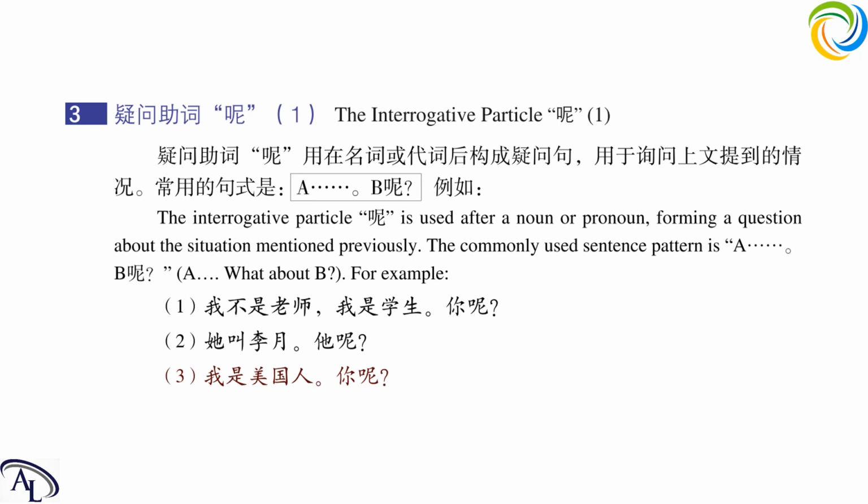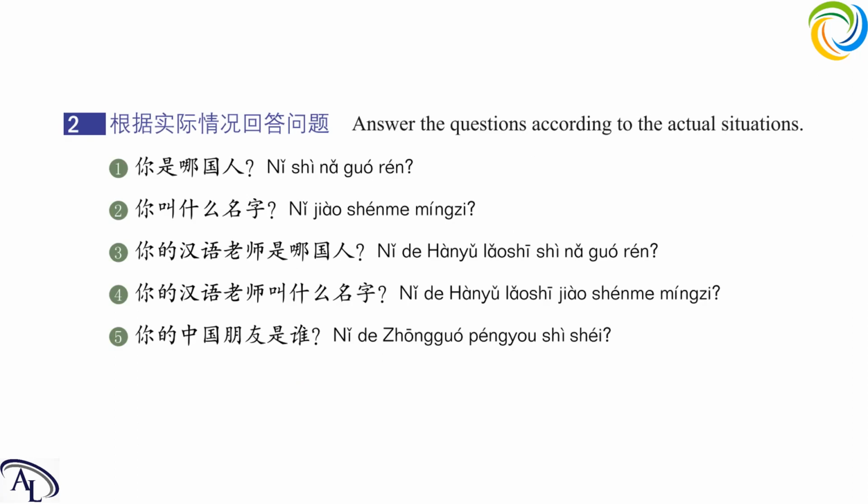Next one. Try to answer the questions according to your actual situation. Okay, first question is 你是哪国人？If you don't know how to say your country's name, you can try to Google it or find it in the dictionary, okay? For example, if I answer this question, I will say 我是中国人, in this structure, right? Try to answer this question. 你是哪国人？